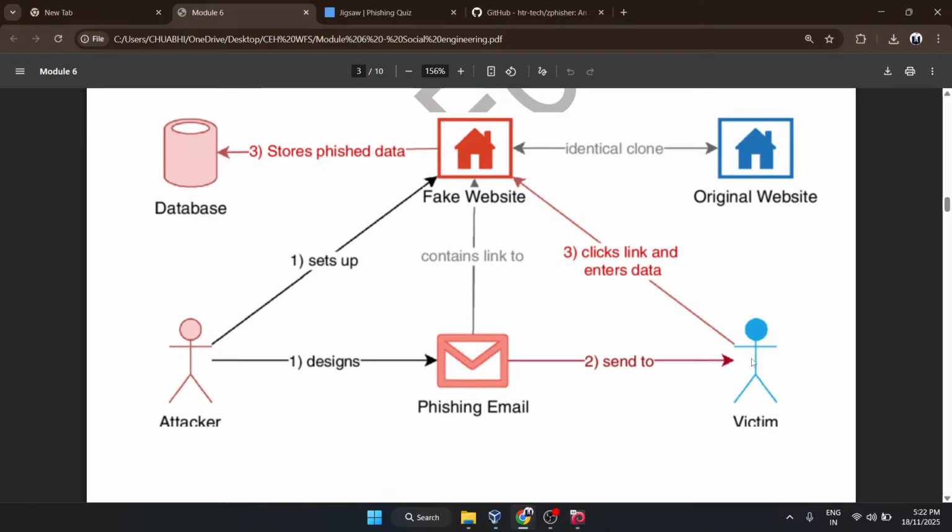And when the victim will enter the data, the data that the victim is entering will go to the database that is owned by the attacker, and the attacker will be able to see the account information, whatsoever information is being inputted in there.